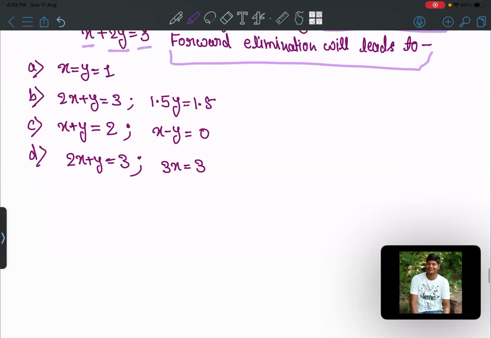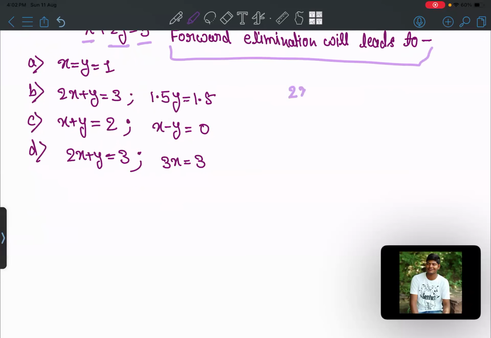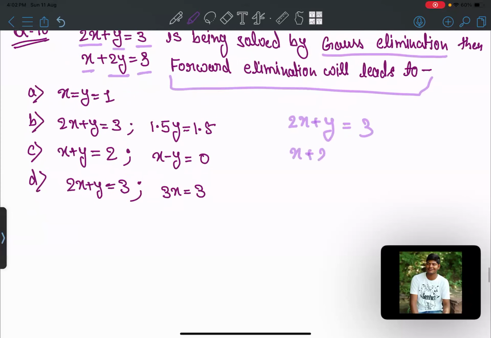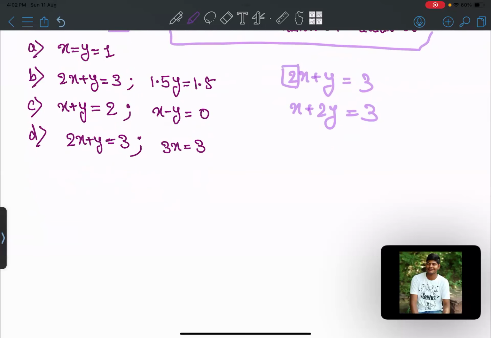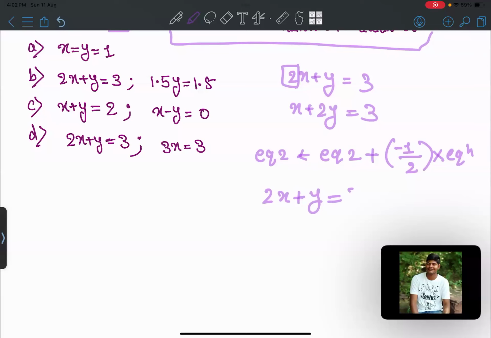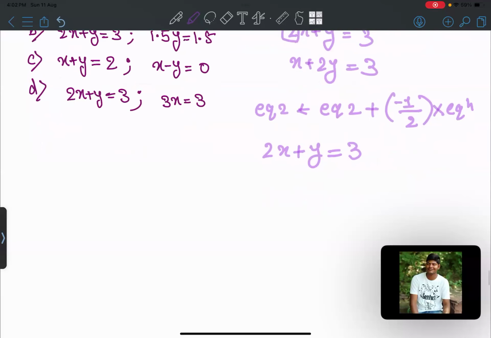So what we do in Gauss elimination: we have equation 2x plus y equal to 3, and the second equation is x plus 2y equal to 3. Here this will be my pivot. So equation 2 will be replaced by equation 2 old plus the corresponding column element, minus 1 divided by the pivot element, multiplied by equation 1. If we replace this, equation 1 will remain the same, and equation 2 will become